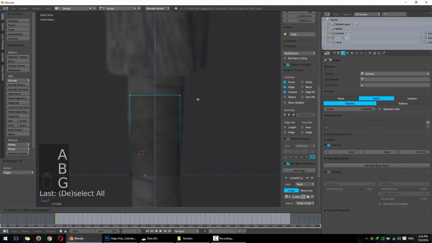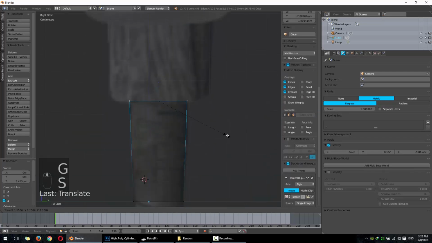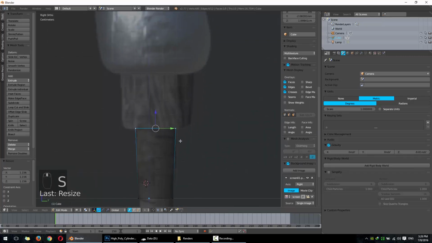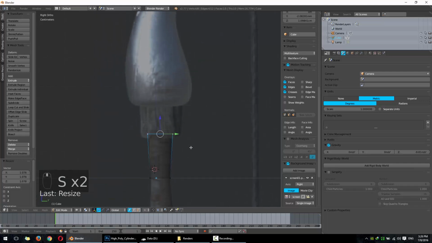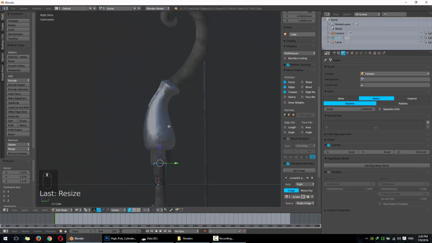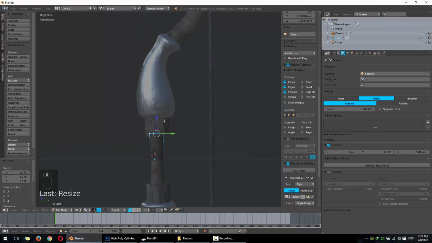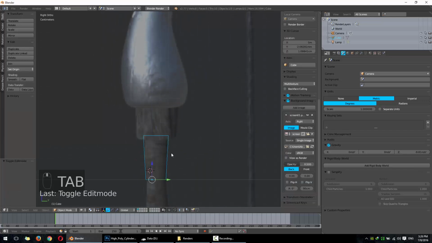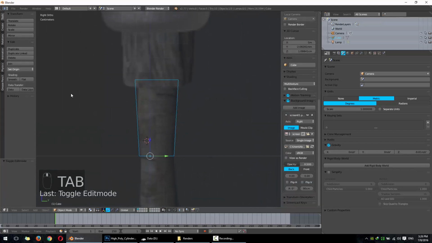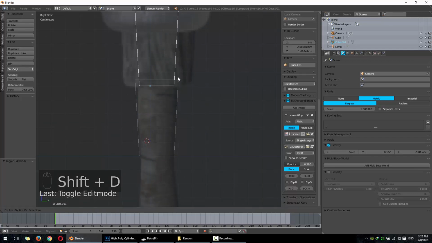And we're going to drag and go up. The approach I'm using right here to model this is called the box modeling approach, and it's very useful to allow you to quickly block out simple objects like these, and then apply subdivision later on, which I'm going to show you. So I'm going to select this, go to object mode, select this again, duplicate,